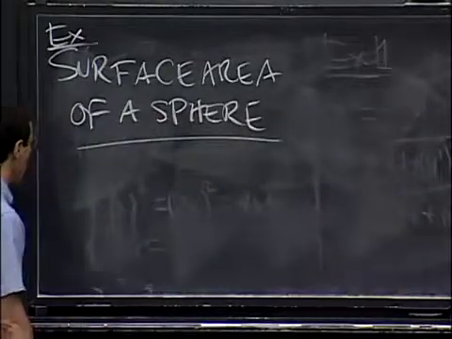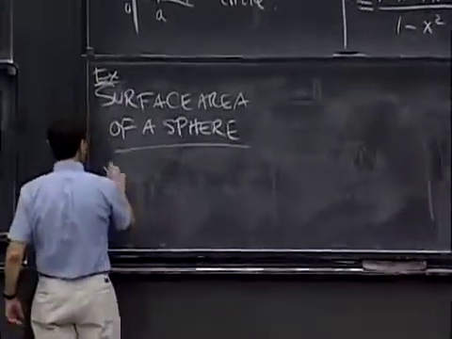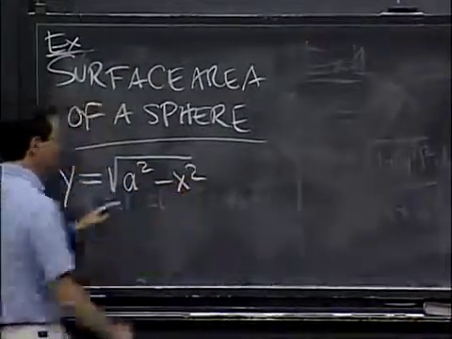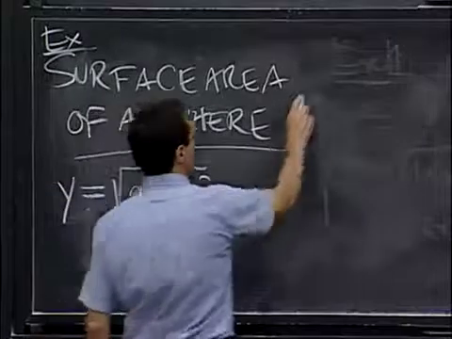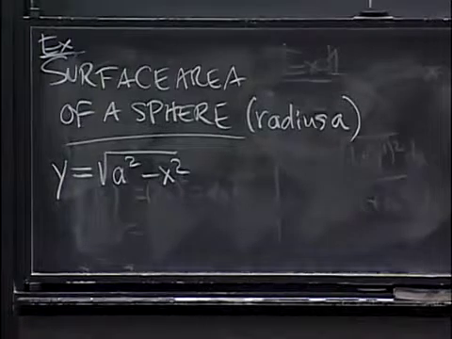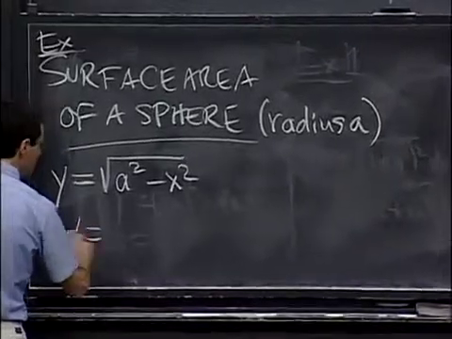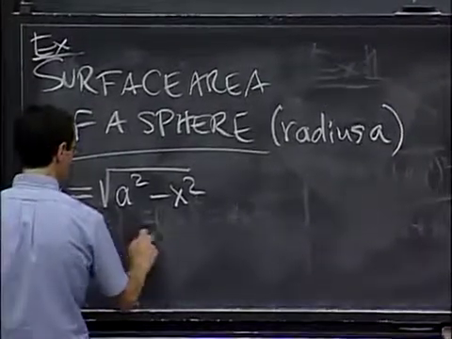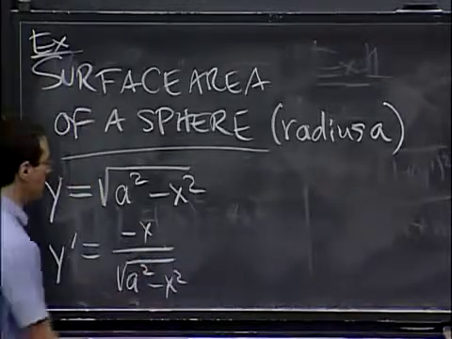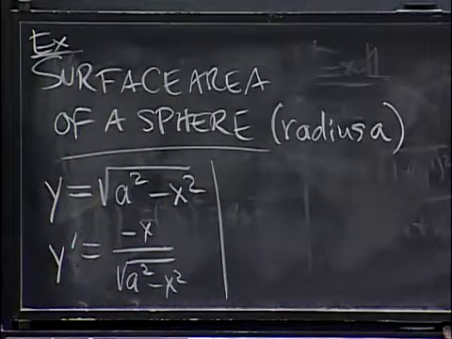All right, so first of all, I'm not going to set it up quite the way I did in example 2. Instead, I'm going to take the general sphere because I'd like to watch the dependence on the radius. So this is going to be the radius, radius a. And now, if I carry out the same calculations as before, if you think about it for a second, you're going to get this result. And then the rest of the arithmetic, which is sitting up there in the case a equals 1,